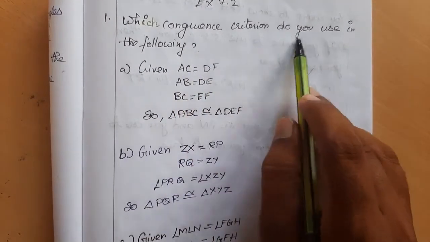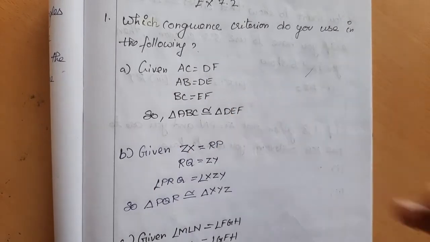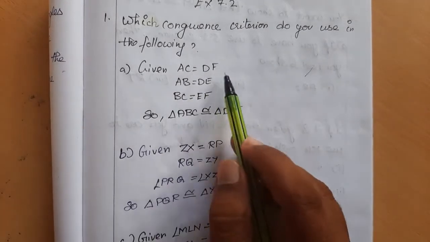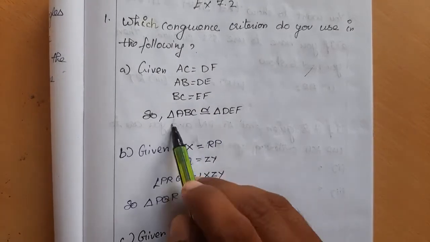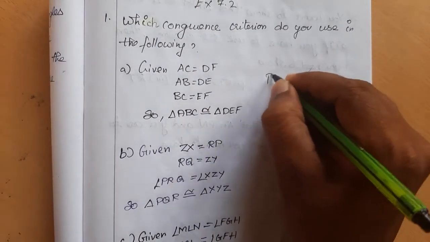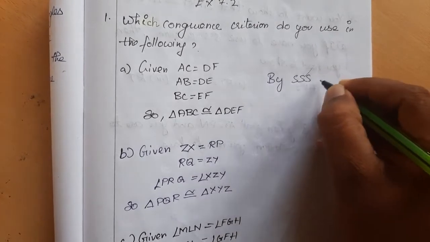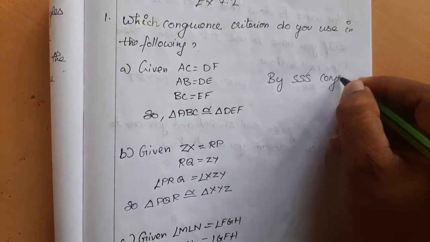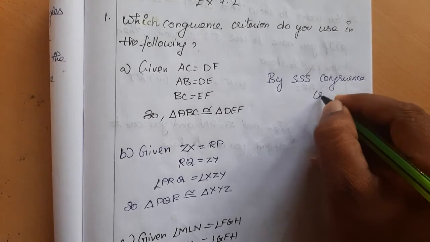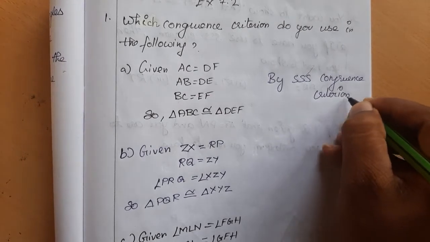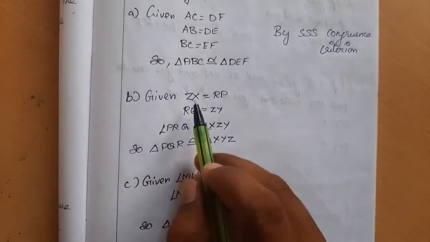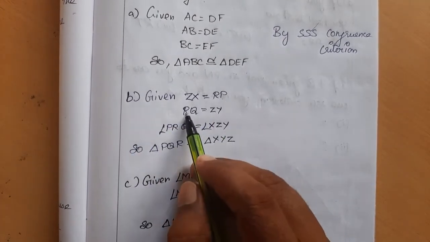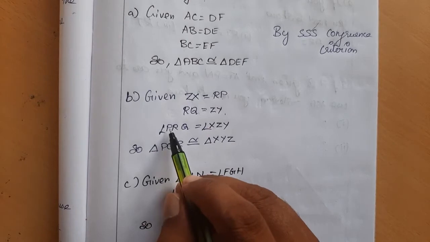Which congruency criterion do you use in the following? So it's given AC is equal to DF, AB is equal to DE, BC is equal to EF. The three sides are equal, so they say that it's congruent. Then which criterion? By SSS congruency criteria. Clear? So next one, given ZX is equal to RP, RQ is equal to ZY, and angle PRQ is